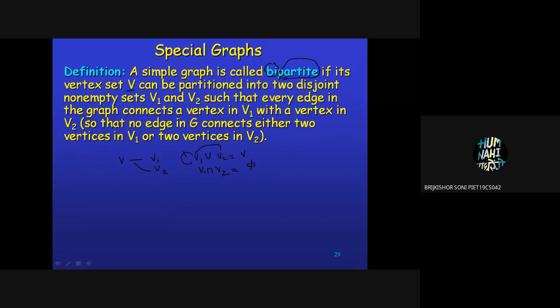सर, एक्सक्लूसिव का मतलब होता है V1 यूनियन V2 इक्वल्स टू V, यानी डोमेन। और V1 और एग्जॉस्टिव का मतलब होता है V1 इंटरसेक्शन V2 इक्वल्स टू फाई।